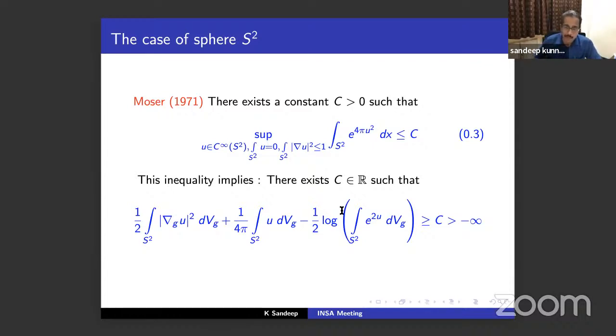And then he solved the problem partially. Of course, in full generality, the problem was addressed later on. And you see, in the case of the sphere, there are many other topological abstractions coming into the picture. I'm not talking about any of these things. I just wanted to mention that Moser's idea was to use this kind of an inequality to solve